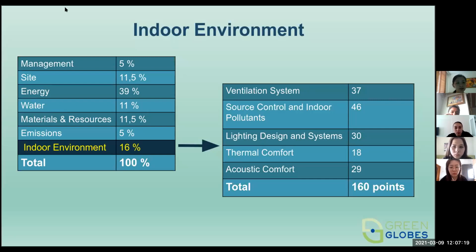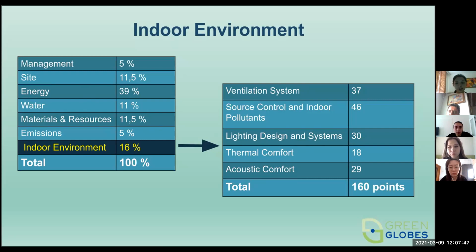Green Globes consists of 7 categories, and indoor environment is the last of them. It is in second place after energy by the weight system, and the indoor environment consists of 5 subcategories: ventilation, source control and indoor pollutants, lighting design and systems, thermal comfort, and acoustic comfort, with a total of 160